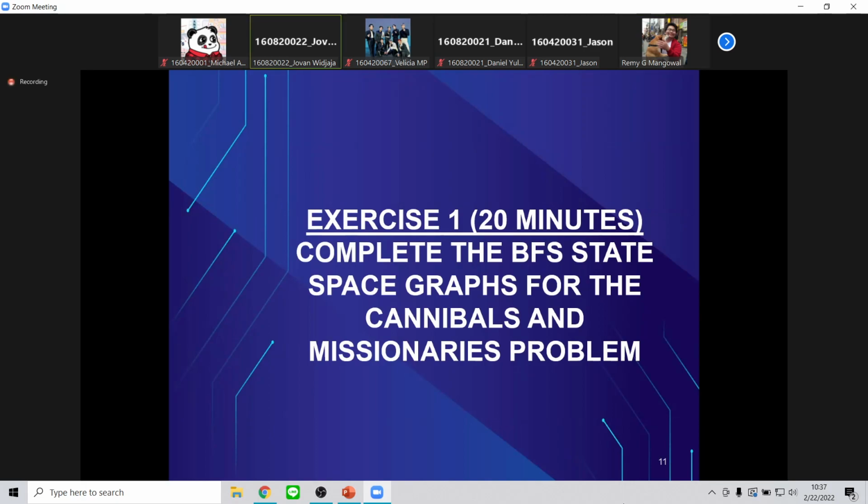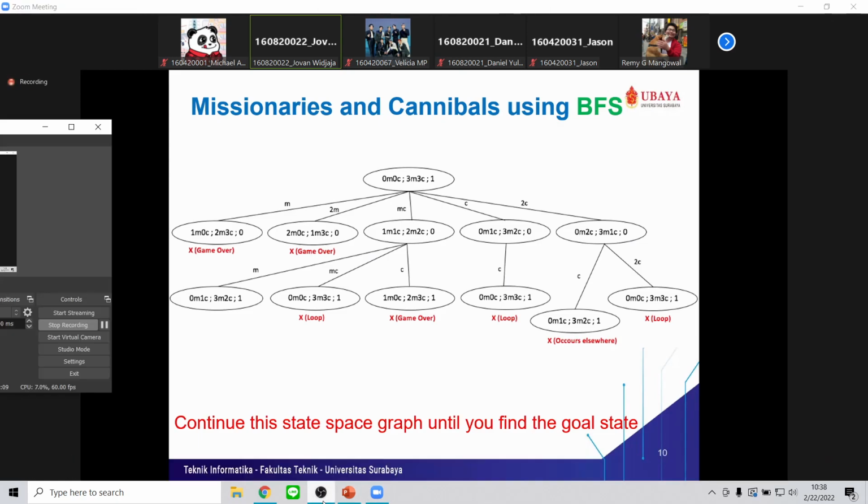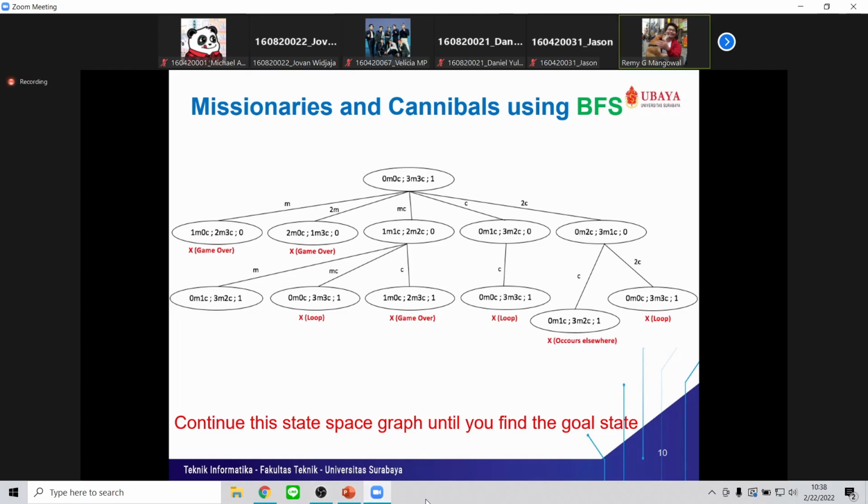Yes? So which one should we write and not write again? So we don't have to write all of the 0M, 1C, but we have to write all the sequence and the processing, right? Just making sure. No. You should write everything. So in case, if you say like this, maybe it's just one, but like say 1M, 1C, 2M, 2C, 0, maybe like that. Okay? But that's for every single sequence.